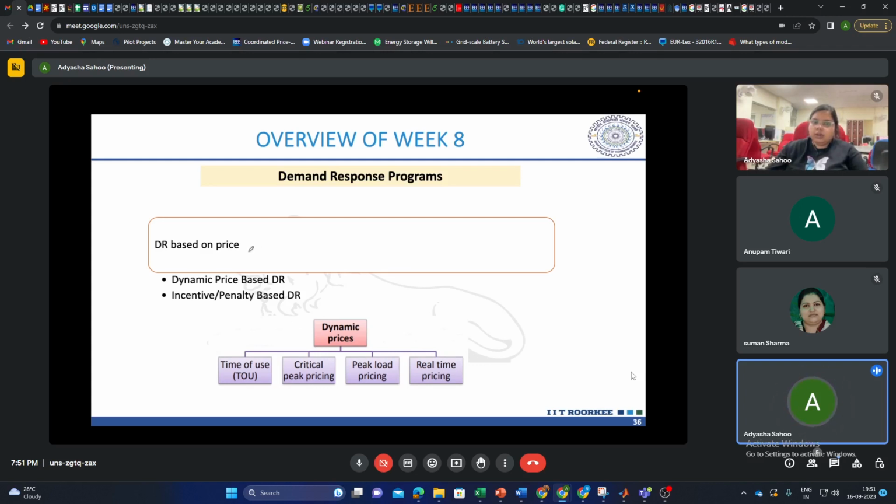Then, depending upon price. So dynamic price-based demand responses basically, instead of giving a flat price to the customers, it can generate a time varying price. This price can be time varying, so that in the time of high demand it can send high price, so that the consumption can be decreased from the demand response, and in case of low demand period it can give lower price. So the objective will be to basically flatten the load curve,